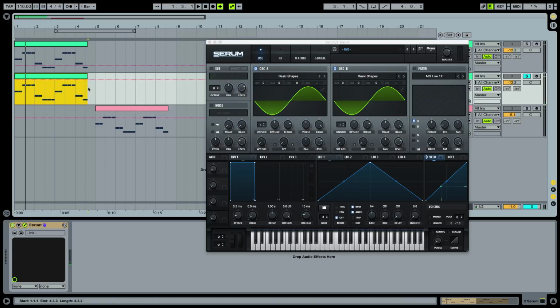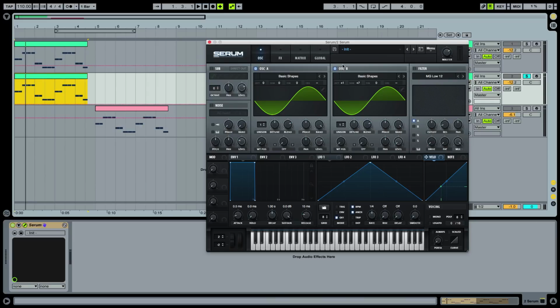Now let's change the octave of the second oscillator, 1 octave higher, and let's go a fifth above, so that's 7 semitones. It should sound like this. Nothing crazy, we're just playing 2 sine waves in a different pitch. Now I'm going to turn down the volume of the second oscillator, so this one is going to be modulating